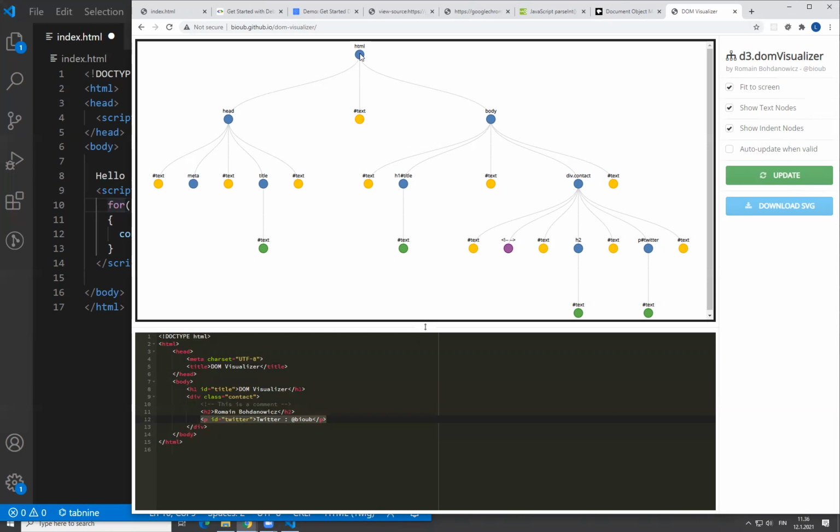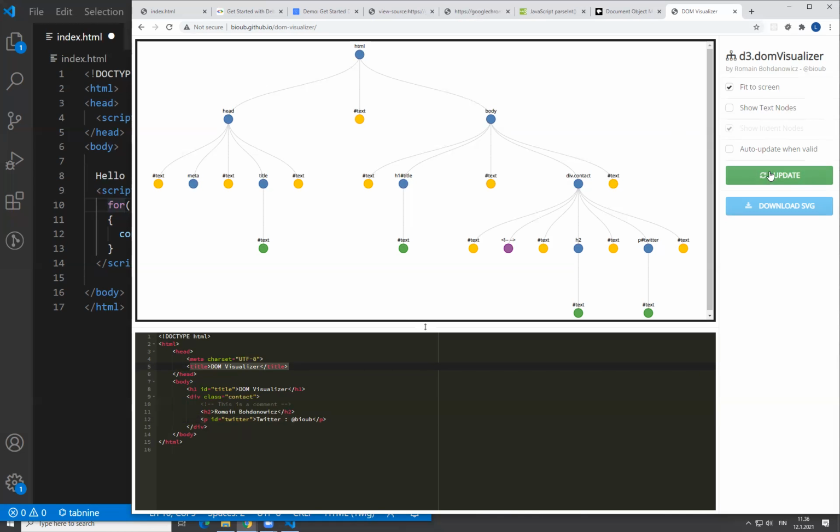So you can see that there is this root element, this HTML. It has two elements here, the head and then the body. And then the head has these meta and title elements. And then this body has,